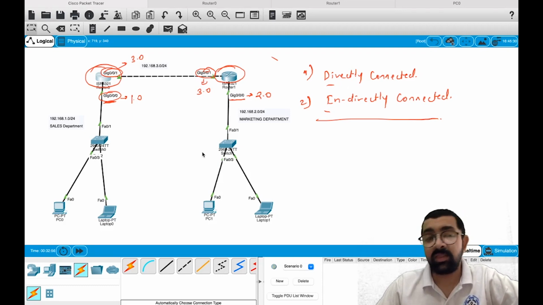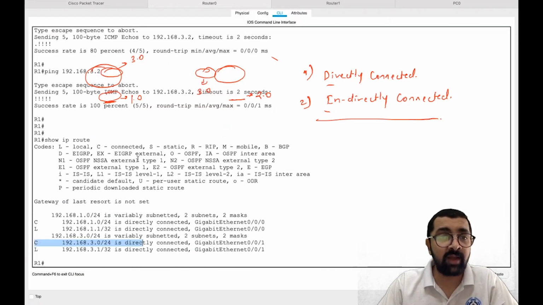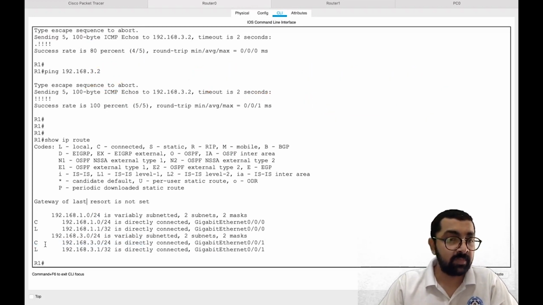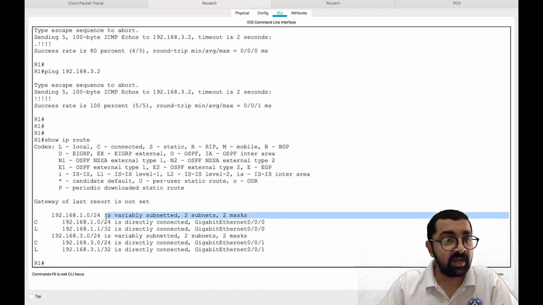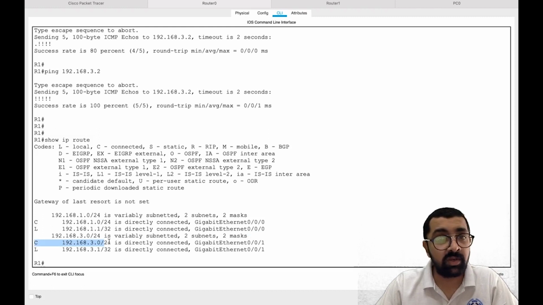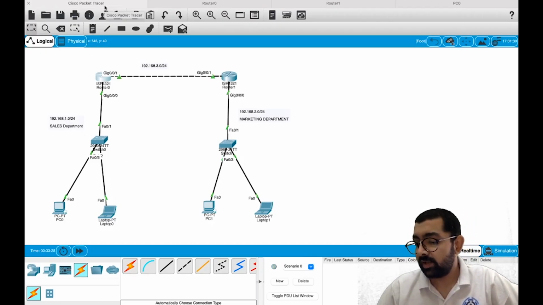So which means that whenever you look into the routing table of a router, and if you find any routes with a C tag, then these are the directly connected networks of that particular router. Directly connected networks are the networks which don't need to be known by any other router. These are locally stored in the routing table. Make sense? So by implementing static routing, what static routing actually does for you,